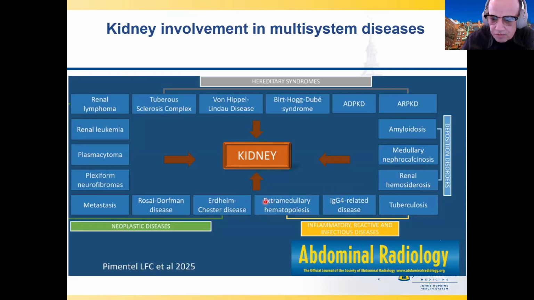And then you have this group of disorders that we call inflammation or infection of the kidney. It can be tuberculosis. It can be IgG4 related disease as well. But then there are these neoplastic disorders, and a lot of them, we have lymphoma, we have leukemia. All of this can go to the kidney. And obviously, we are focused on histiocyte-related disorders, which are Erdheim-Chester disease and Rosai-Dorfman disease. You can see from this slide that